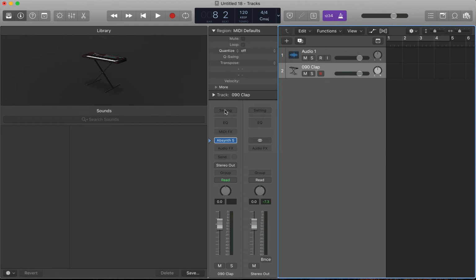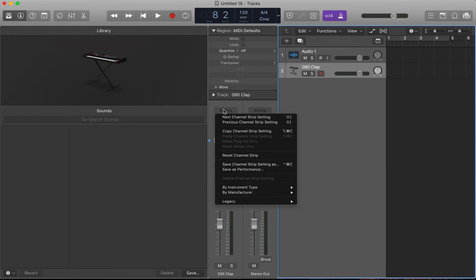And then what you want to do is you want to click on setting here. See, it's kind of grayed out. And you do save channel strip setting as. And if you want to save time, you can hit Shift Apple C. And that will actually save you a ton of time if you're doing your entire library like I have. You save this,